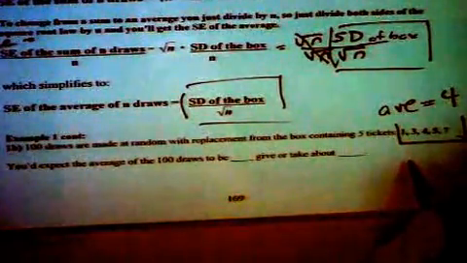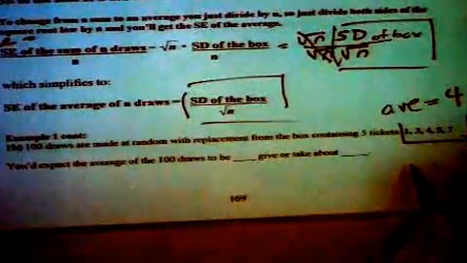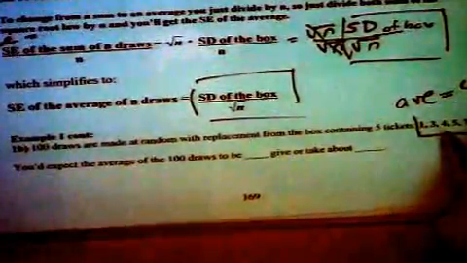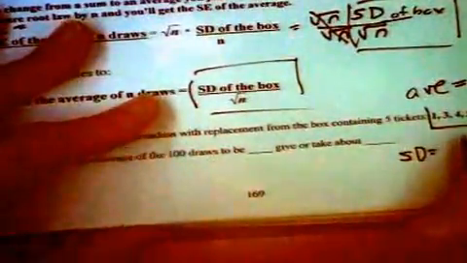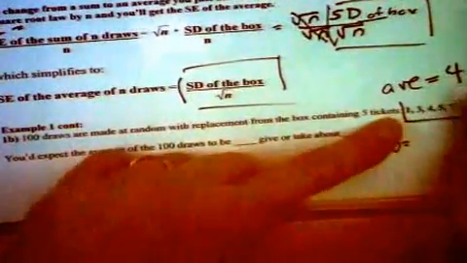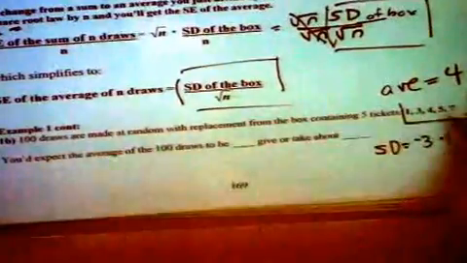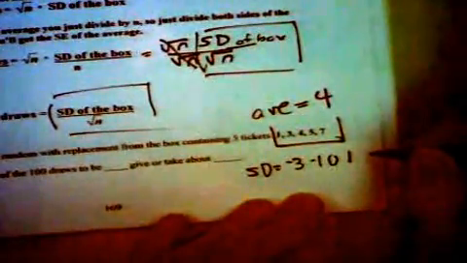Can I just tell you because we're running out of time? Or do you want me to work it out? You'd have to work it out the long way. You'd subtract 4 from each one. We can do it. It won't take us long. To get the standard deviation, what would we do? We'd subtract 1 minus 4. That's a negative 3. 3 minus 4. That's a negative 1. 4 minus 4. What's that? 0. 5 minus 4. What's that? 1. And what's 7? What's our last deviation? 3. There's our deviations.